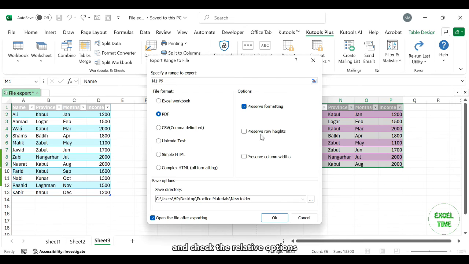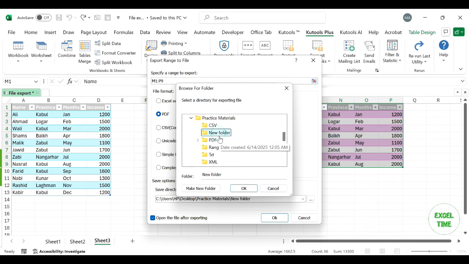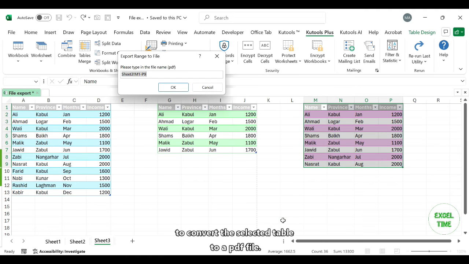and check the relative options in the right section, and then select a location to place the result file by clicking on this button. Click the OK button. Again click the OK button to convert the selected table to a PDF file, and in the opening dialog box,